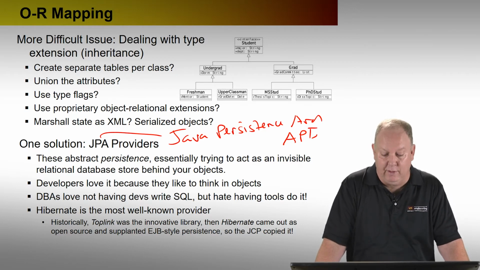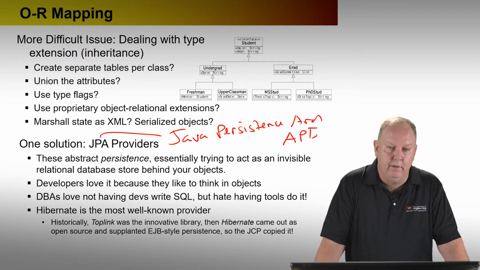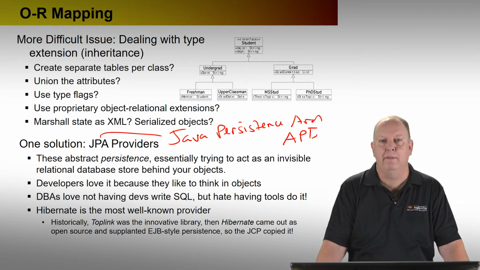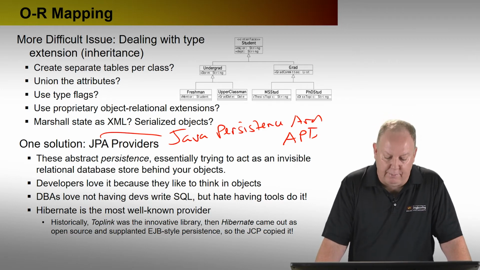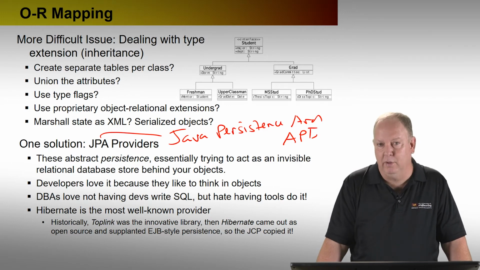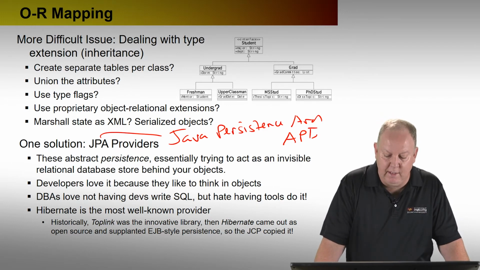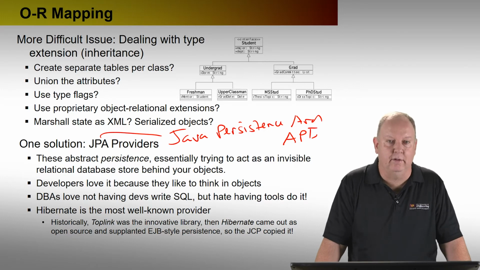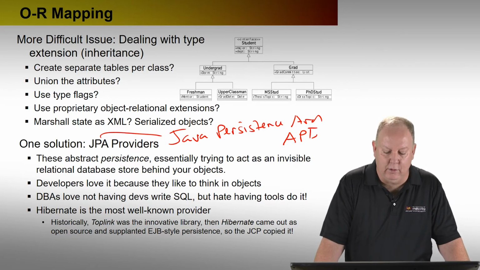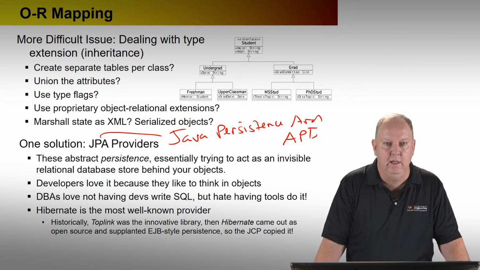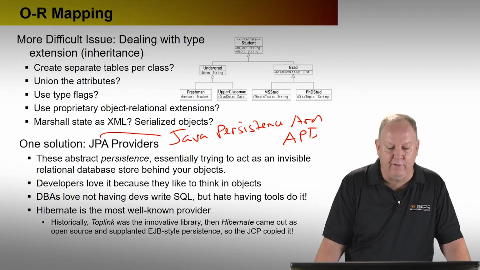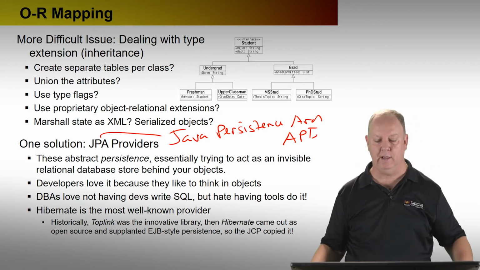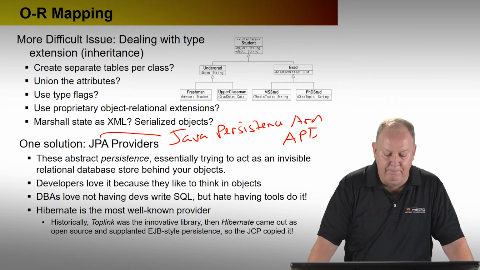So we have a lot of tools and frameworks around these, okay? I remember the original that came out was something called TopLink. TopLink was a very innovative library at the time, but it was proprietary. Then Hibernate came along, and Hibernate's still with us. You go to hibernate.org, it's open source. You can download the whole framework. The framework actually has multiple parts to it now, of which OR mapping is just one.